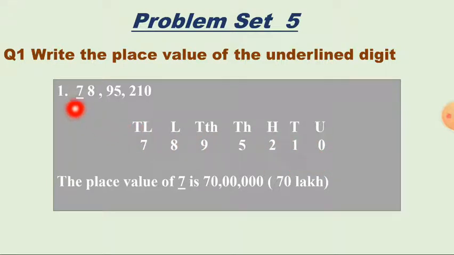Now students, in the sum the number 7 is underlined and we have to write the place value of that digit. So here the 7 is at 10 lakh place. So leave one line and write the place value of 7 is 70 lakh. How many zeros are left here? Place values are left here: 1, 2, 3, 4, 5 and 6. So after 7 you have to write 6 zeros. And what is the place value of 7 here? It is 70 lakh. So this is the way you have to copy your first sum.